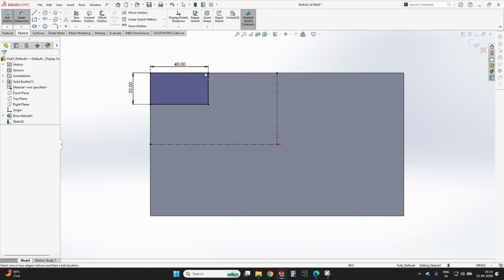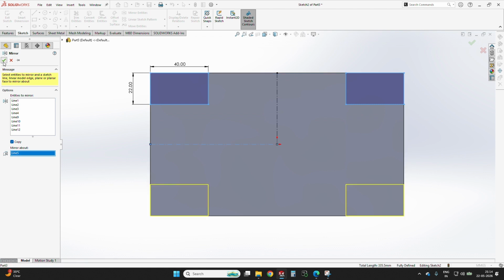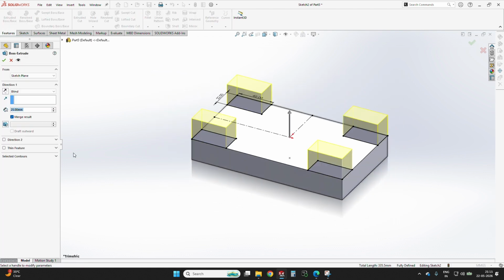I'll mirror this rectangle to all four corners. Okay. This one is also 25,